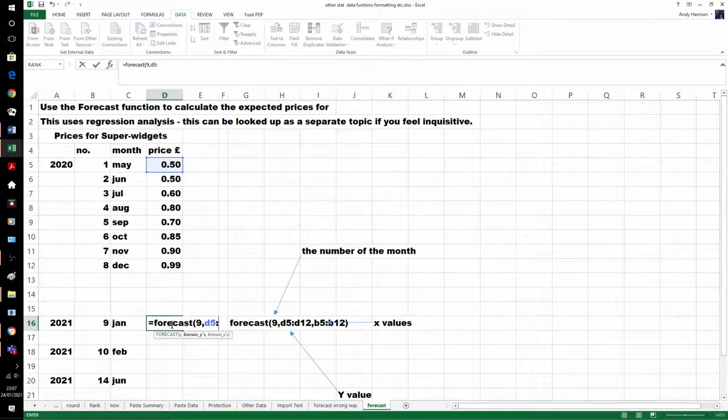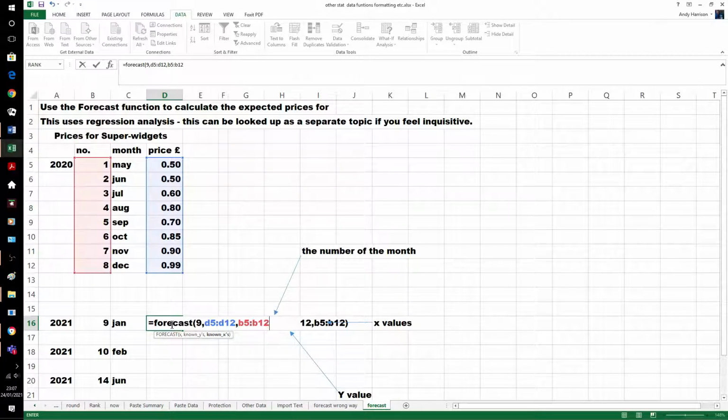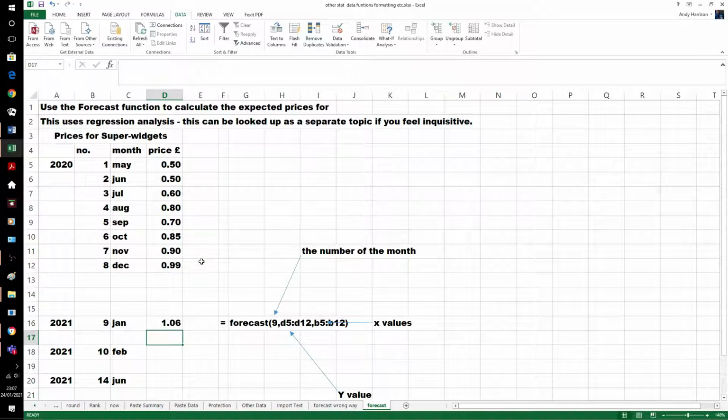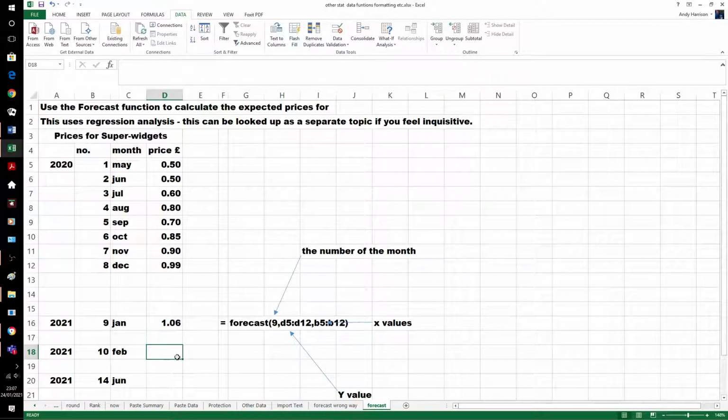So D5 to D12, and we need B5 to B12. So we need the months and the data. Data first. If we got this the wrong way round, got the B's and D's wrong, that's okay. It's obviously not 109.52. So just again,